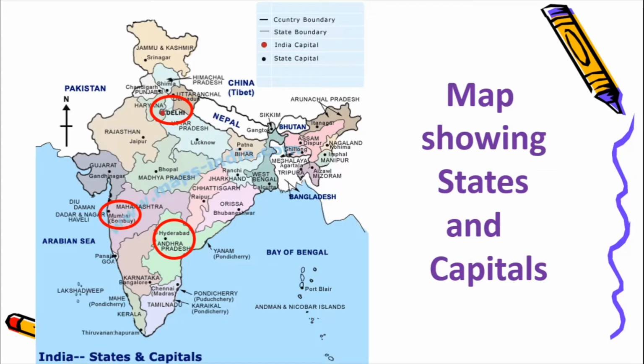Along with it, we have the country border. See, wherever I show you a red arrow, that is pointing towards the border of our country. Alright, so see here there is a border. See, this is our country border where Rajasthan borders with Pakistan. Jammu and Kashmir also borders with Pakistan. Okay, see, on the other side of the border is Pakistan, and on this side of the border is our country, India.